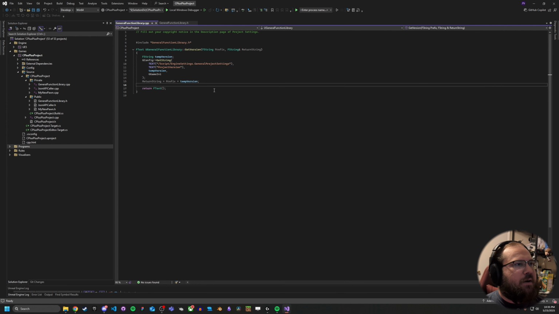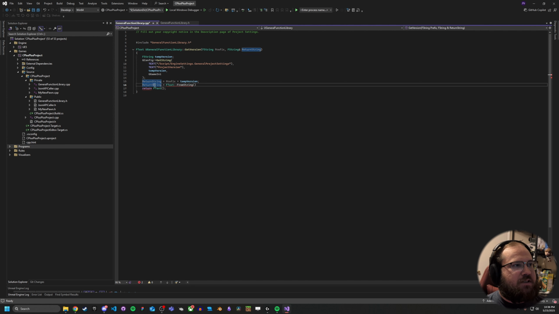From here, now we need to actually get our string. You know, let's say we want to take our return string and pass it in so that we can pass it back, but as a text. Something cool we can do here is go return string, and we're going to set it equal to return, is it F text? And then inside of the F text, there is a way to convert this to string from string. You can format it, you can get empty from name. What we want to do is go from string. So we're converting to an F text from string, but specifically the string we're going to want to send is